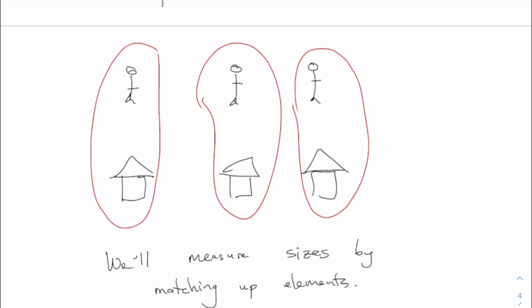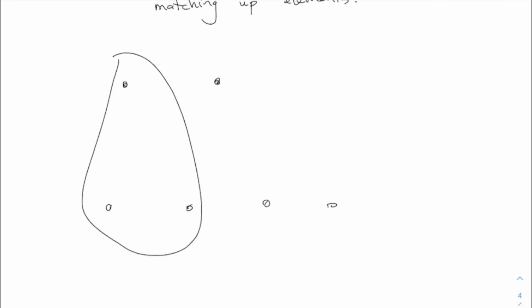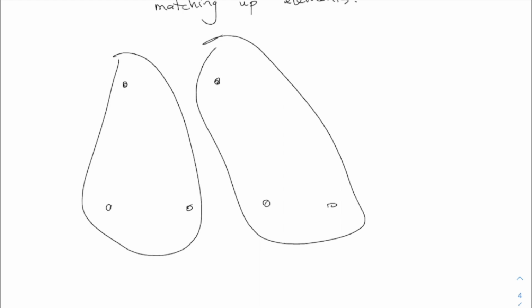Like this is not the only way you could have matched up the people with the houses. If you have one person and 2 houses, you can do that, but that would not demonstrate that there's the same number. Like if I had two people and 4 houses, and I say, one person gets those 2, one person gets those 2. They're matched up, but you are not demonstrating that there's the same number of people and houses anymore, which is what we're trying to focus on. I suppose you demonstrated something here, but it's not about the sizes of these sets.